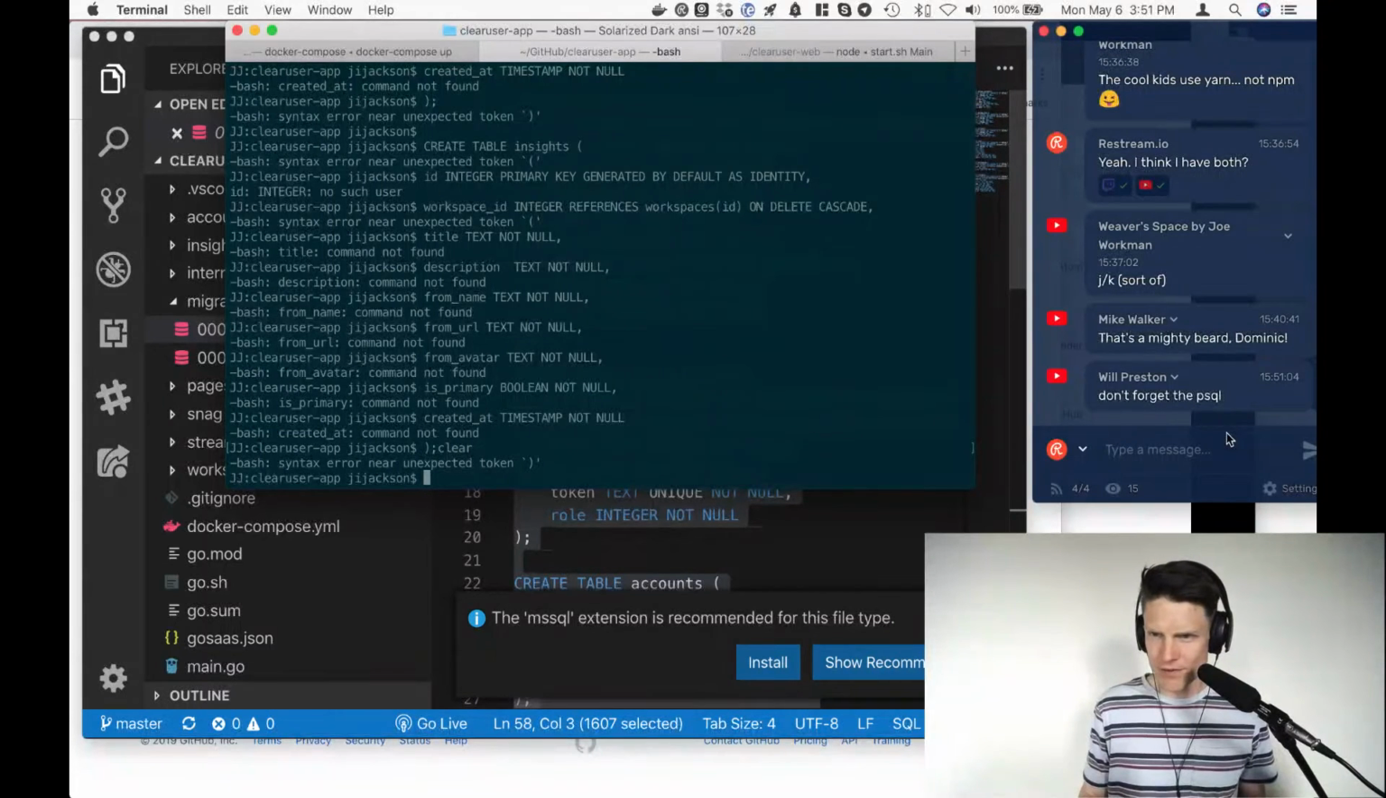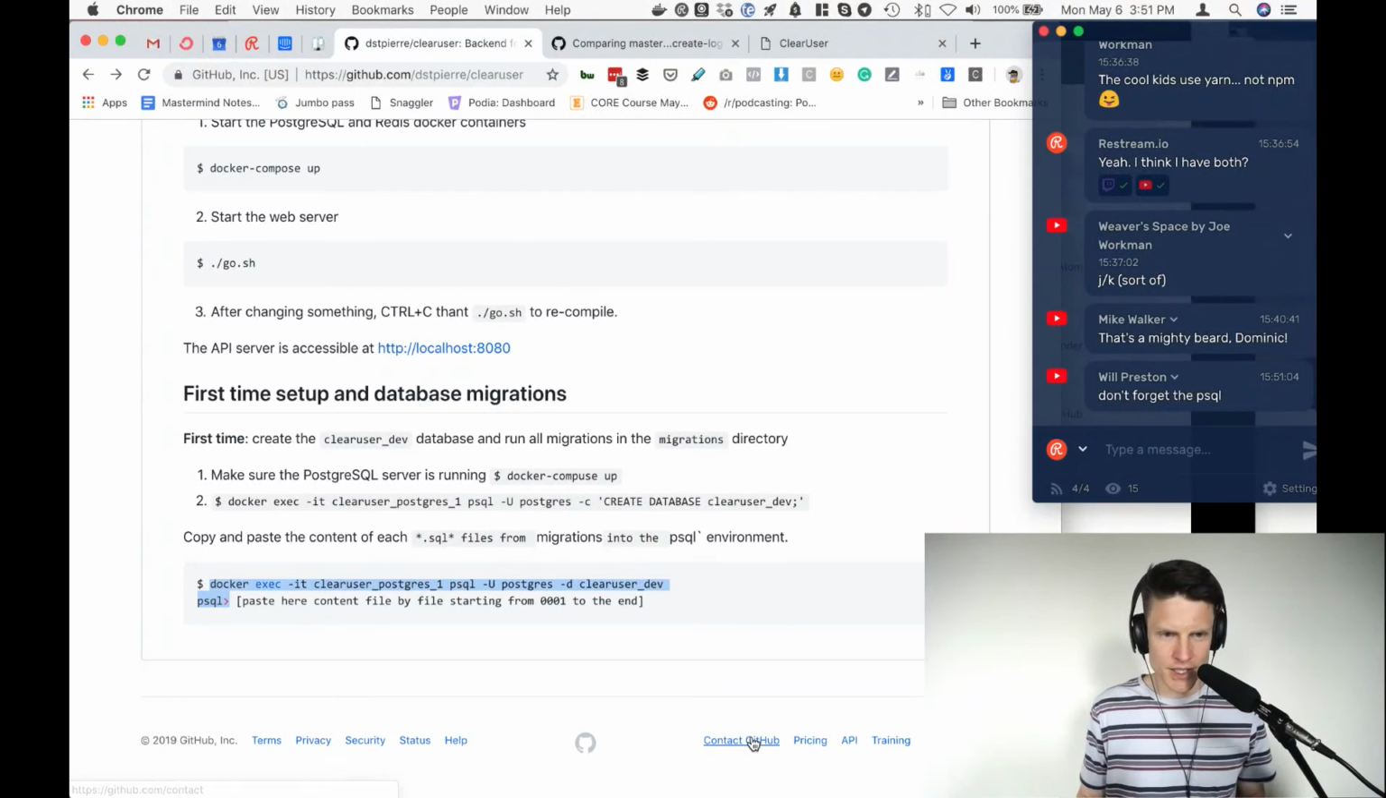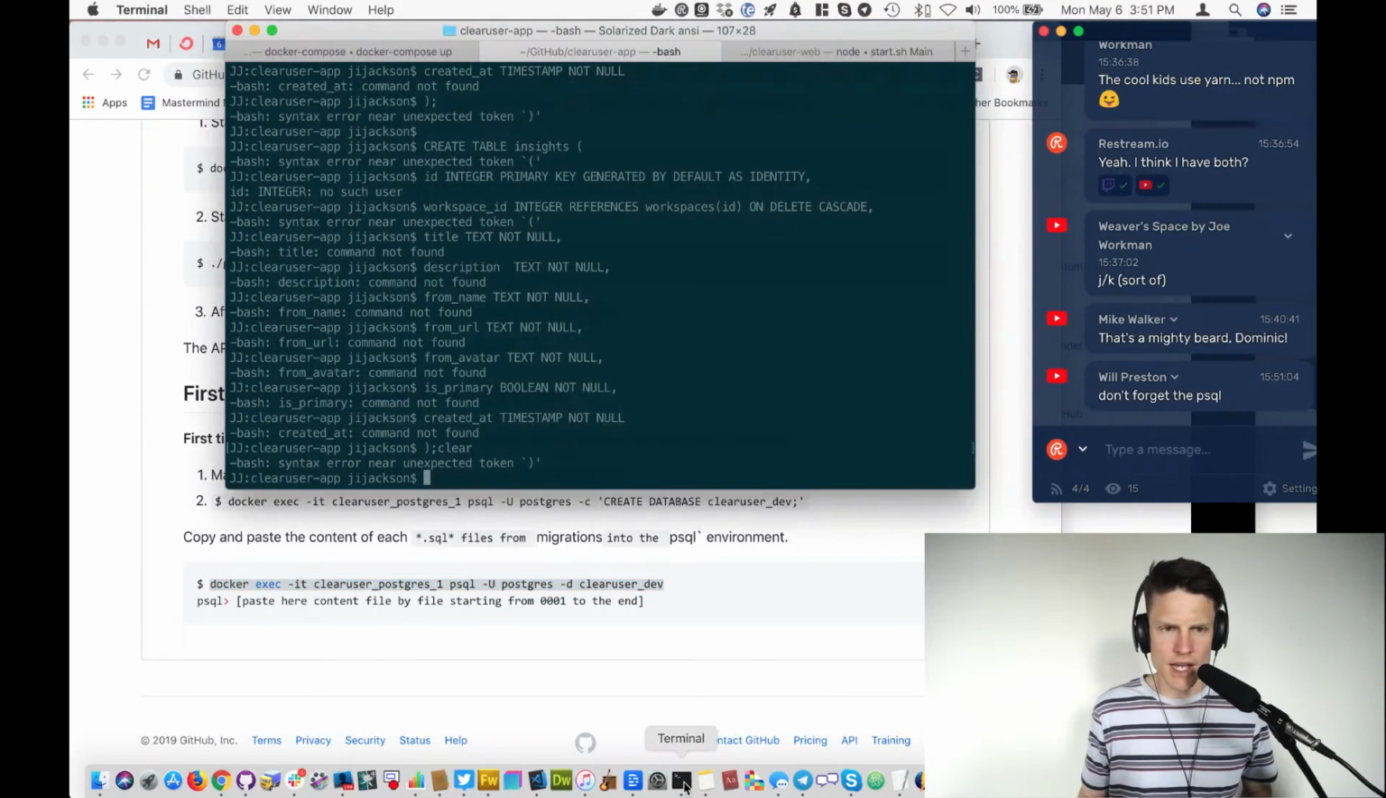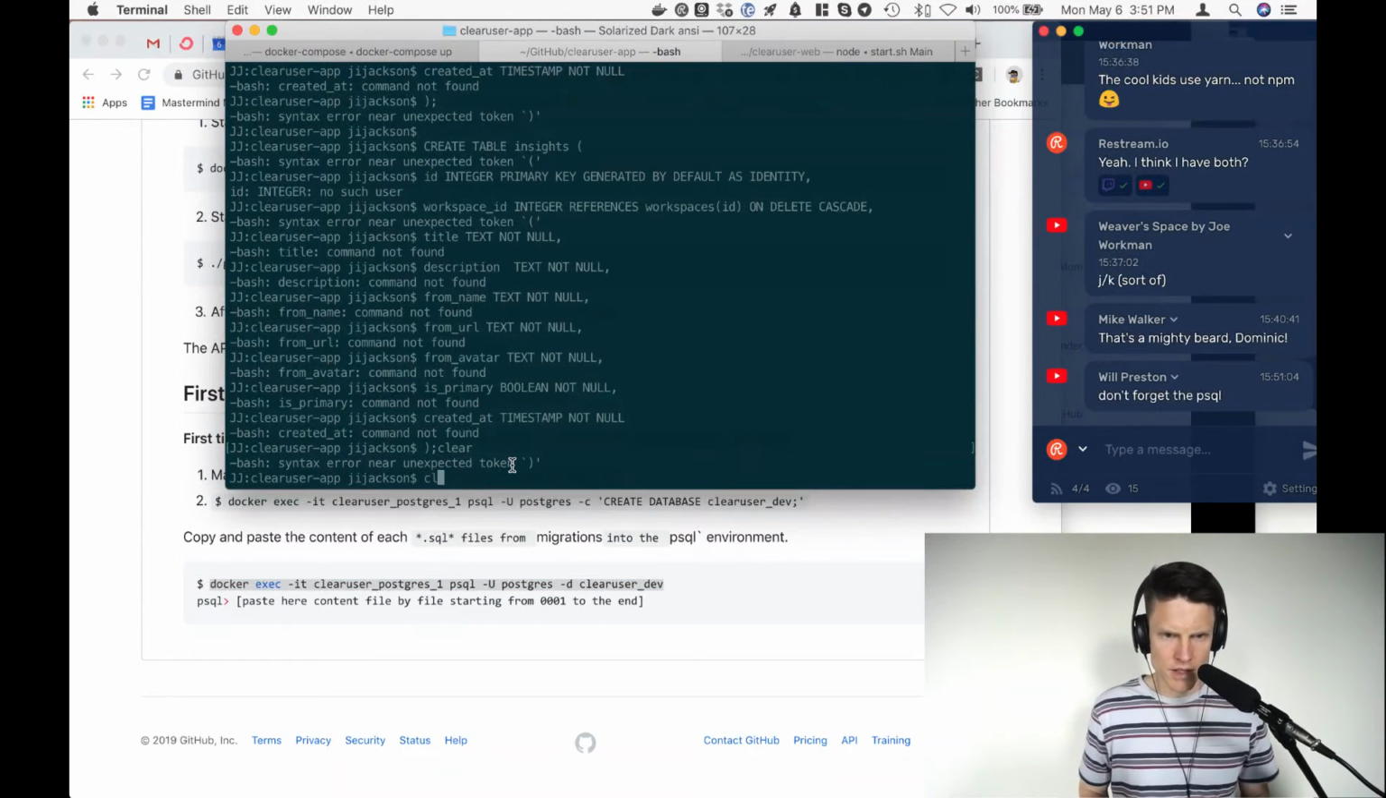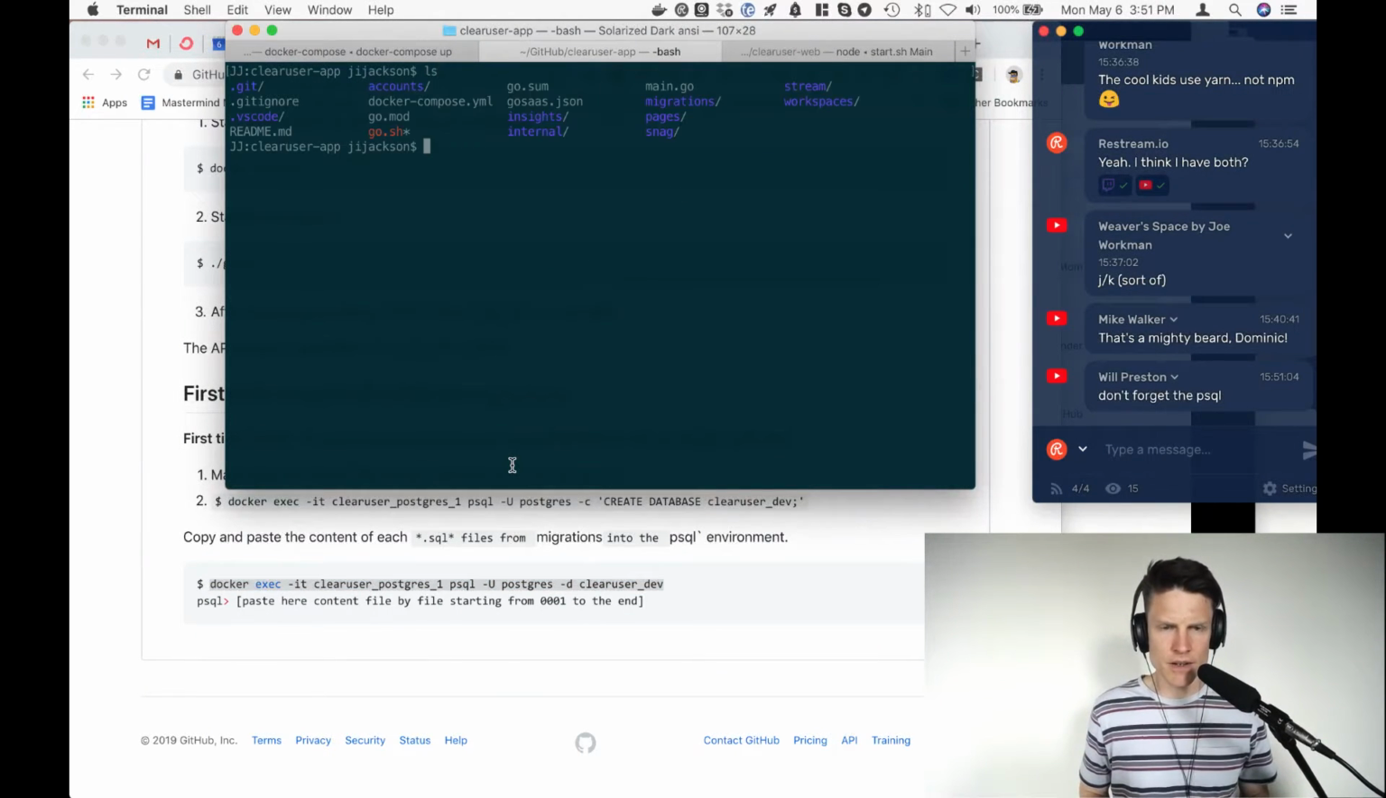Will Preston says, "Don't forget the PSQL." What? Did I forget something in here? Oh yeah, no, yeah. Don't pick the last PSQL. So just select until the clear user underscore dev, the line there. Okay. After that, am I still okay? Here we go. And I need to change this to app, and then